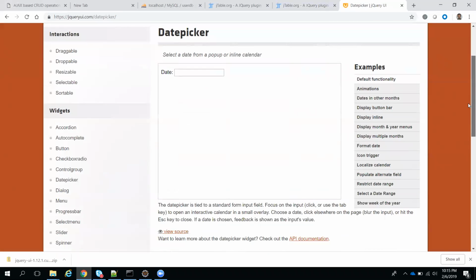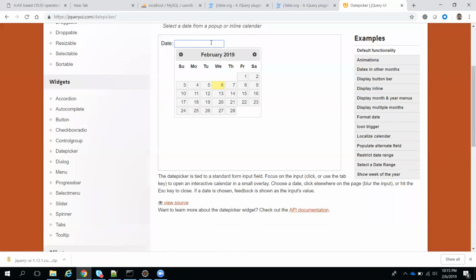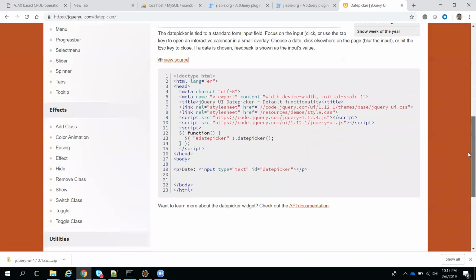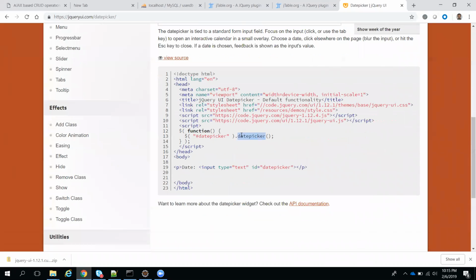You guys can go here and check the documentation. See, this is what I showed you. Clicking on view source, you will get a basic example of how to use it. See, I'm calling the datepicker method like this. I declare one id for an input of type text and just call the function datepicker. When I click on the text box, you will get the output. But for this datepicker method to work, we need to include these things: the CSS, jQuery UI and the JS.